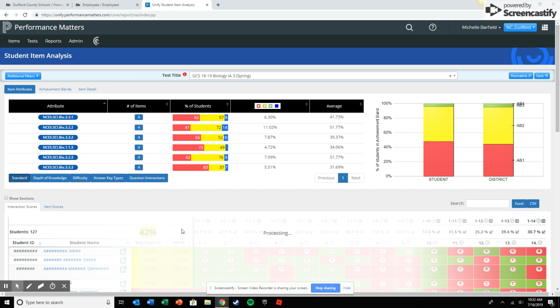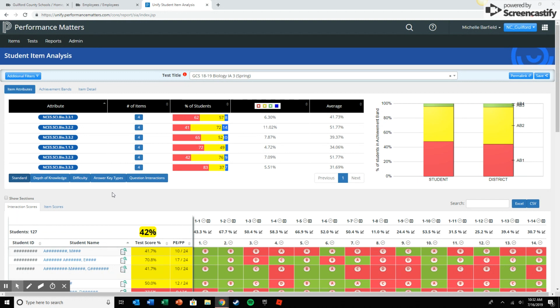Yep. All right. So if you look here, I am seeing the entire biology department because I am the curriculum facilitator. And what you will see as a teacher is your entire group of students. So if you teach 3 biology classes or 3 math 1 classes or 2 English 2 classes, you're going to see your total students here. If you want to drill down by classes, that's going to be in a different video. Right now, I'm just going to show you how to navigate this screen and actually do some drill down